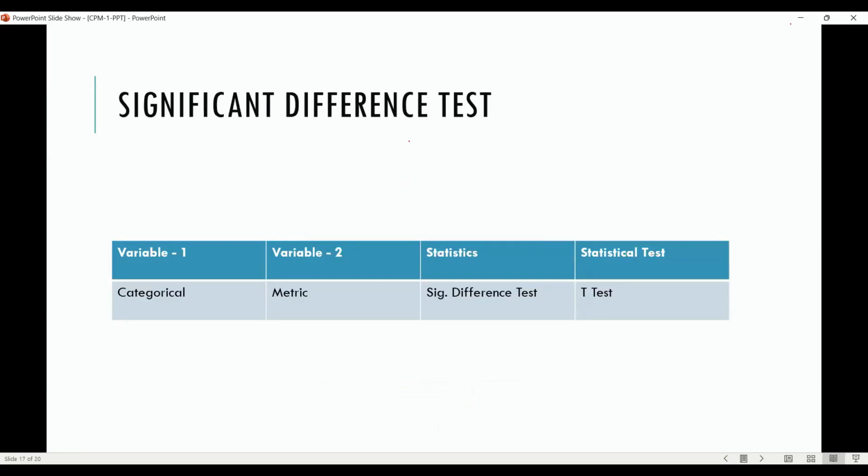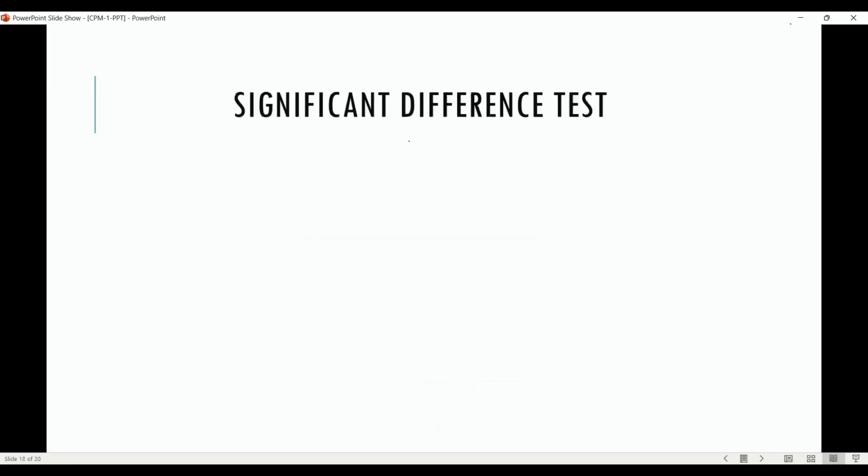So the final thing is the significance difference test. I told you, right? If one variable is categorical in nature and another variable is metric in nature, at that point of time we will be using the significant difference test, or we call it the T test. So I'll tell you what, for example,